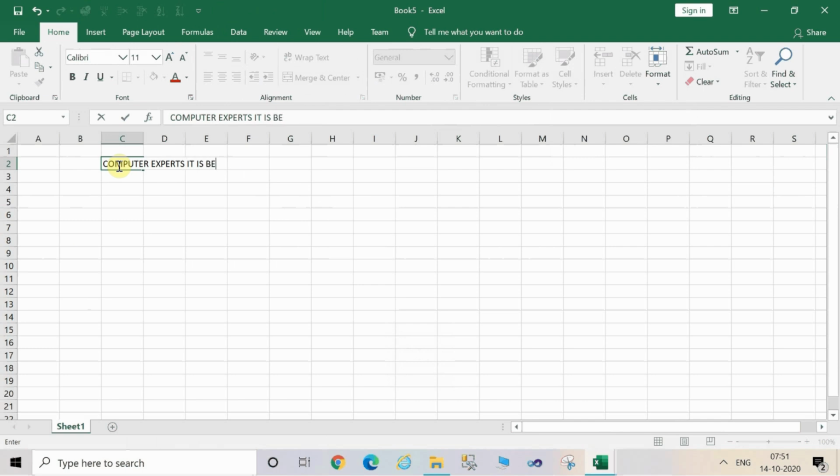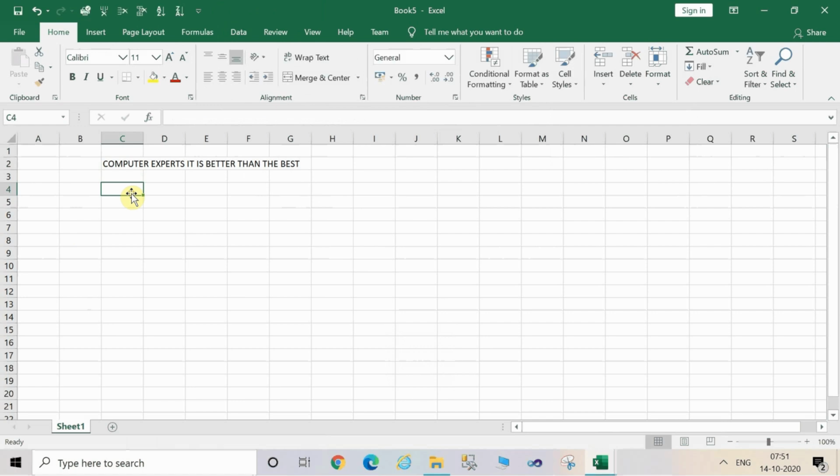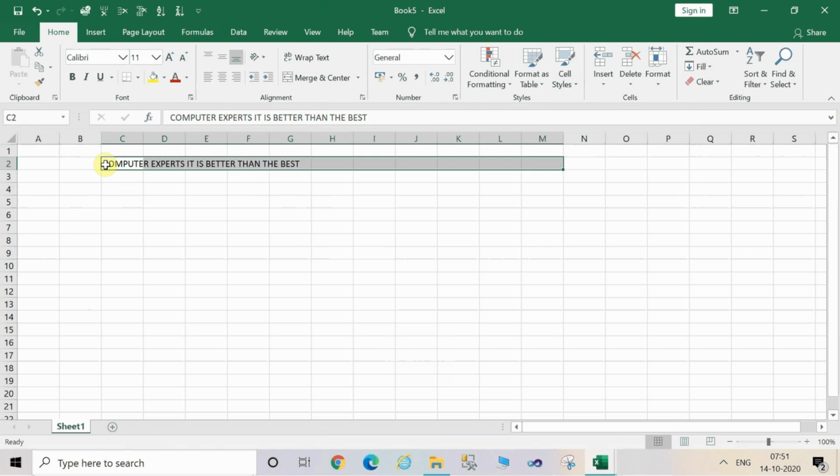And now I will change the font size of this text which I've entered here. For this, select the text. And now you have to press the Alt key from the keyboard.